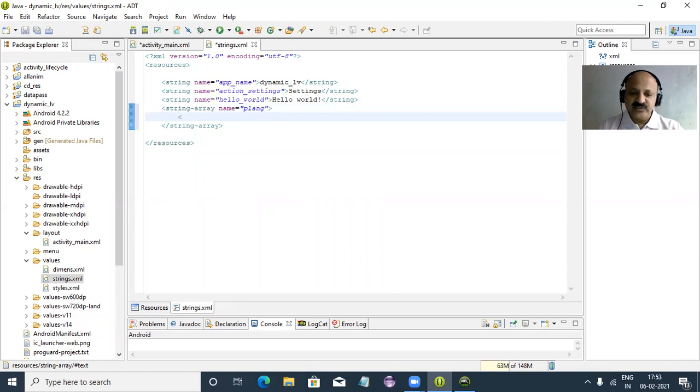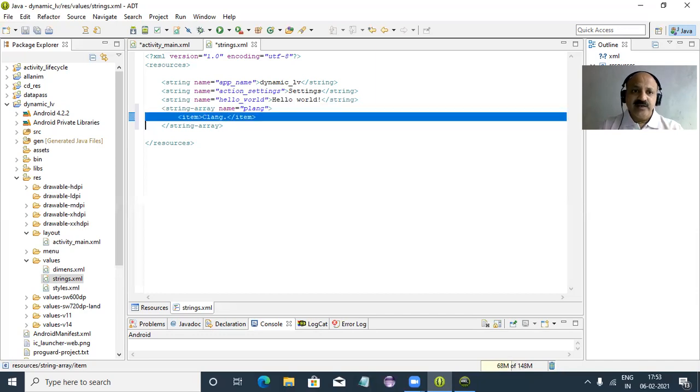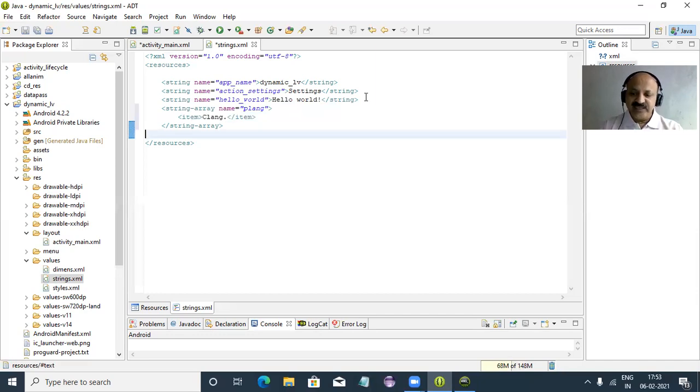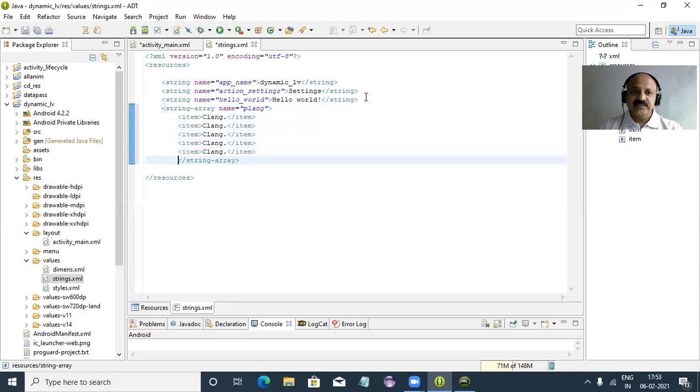Here we use item as a child tag and assign the first one, C language. Then I copy and paste it a number of times and use our programming languages. That's sufficient.